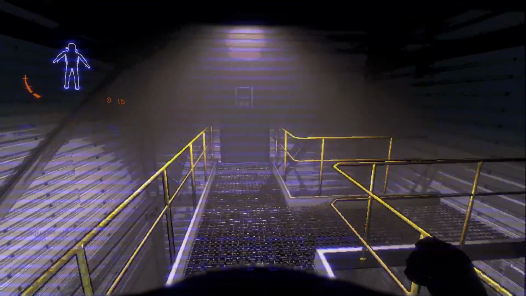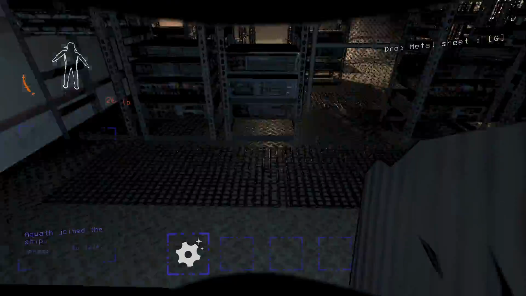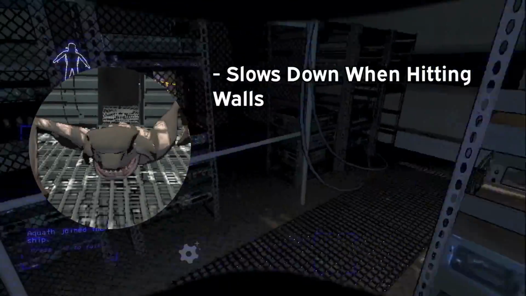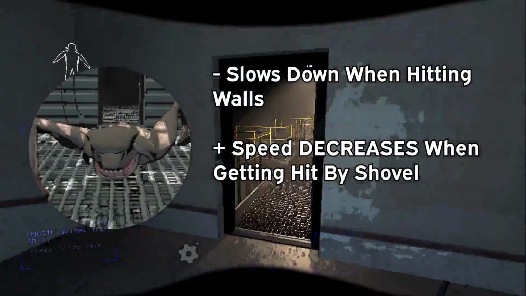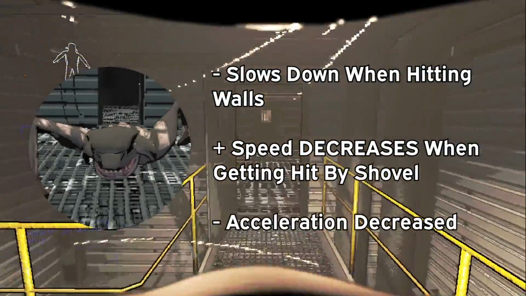There's been several changes to the enemies in this game, and I'll quickly run through those now. The first change listed in the patch notes is that the Thumper has finally been reworked to actually slow down like it's supposed to when it runs into walls, which is super sick. This also comes with a buff though, where Thumpers no longer get their speed reset when they're hit by a shovel. Their speed was also reworked to not ramp up as quickly, and it doesn't bug anymore to insane levels,